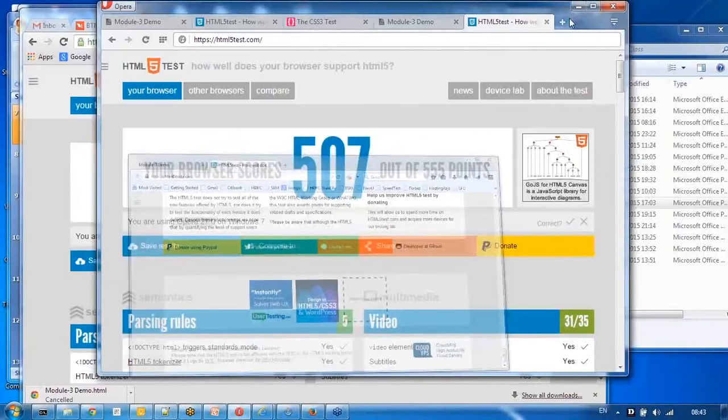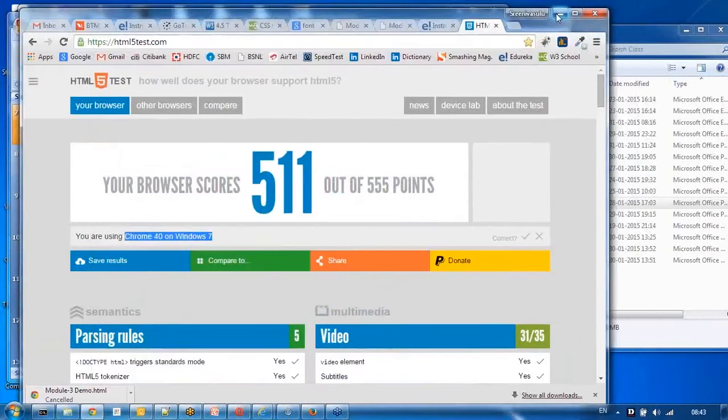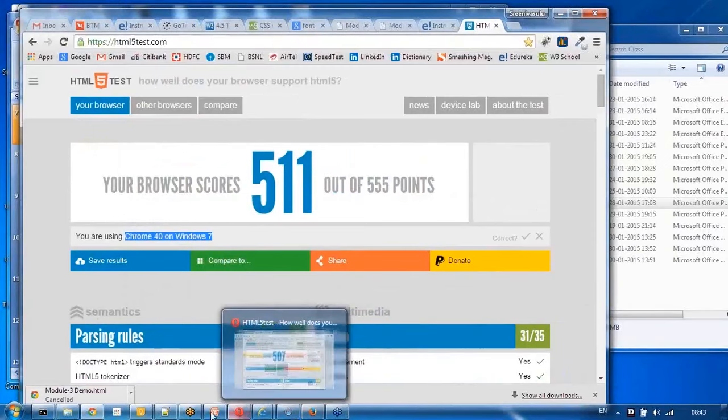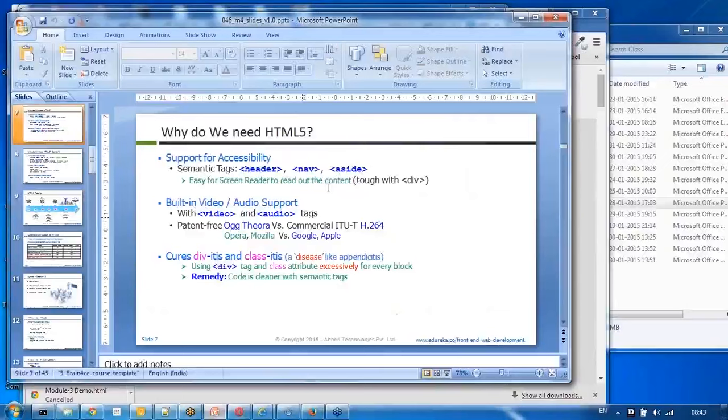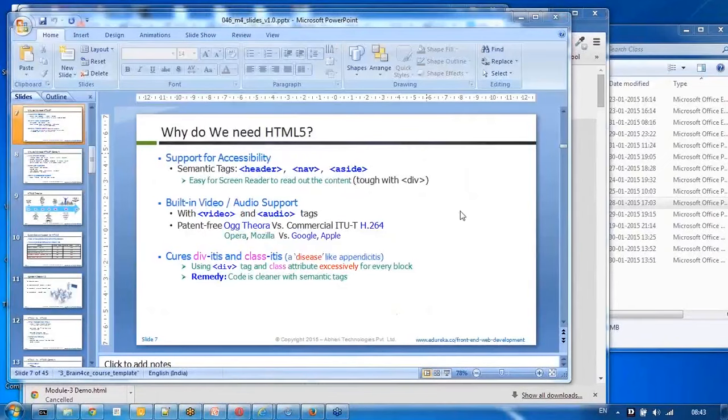Okay, let's get back to our class. So, if you ask why do we need HTML5, so basically